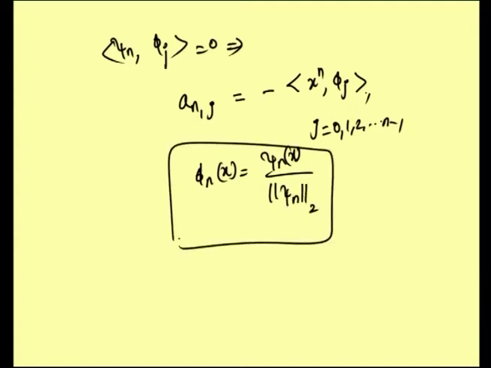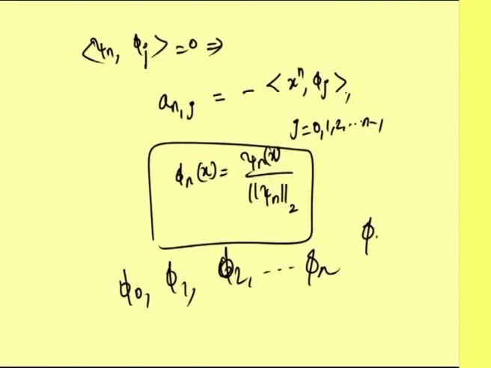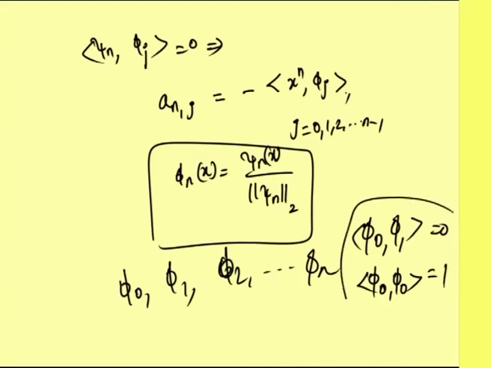Okay. So, likewise we have constructed phi naught, phi 1, phi 2 etc. up to phi n. These polynomials are orthogonal, in the sense that the inner product of phi naught and phi 1 is 0, and if you take the inner product with itself, it is 1. So, this type of converting the polynomials to orthogonal polynomials is called Gram-Schmidt orthogonalization process.